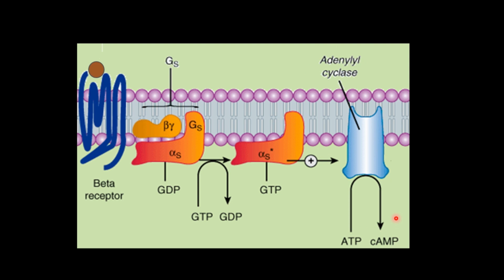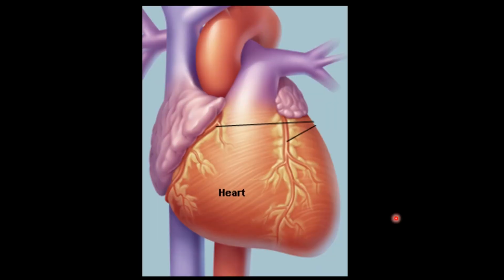Another important step is where these receptors are present. What is the location of this receptor? The topmost location of the beta 1 receptor is the heart. Beta 1 receptors are present at the SA node, that is the pacemaker. And when these receptors, which are G protein coupled receptors linked with Gs, are being